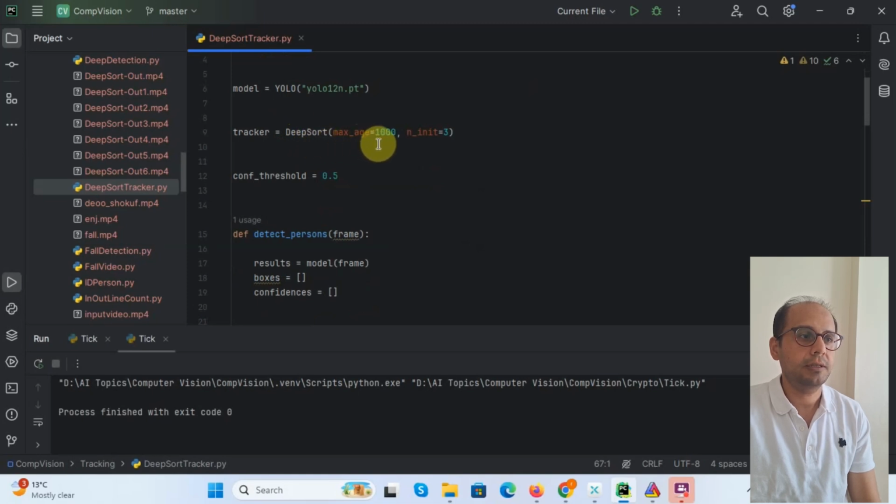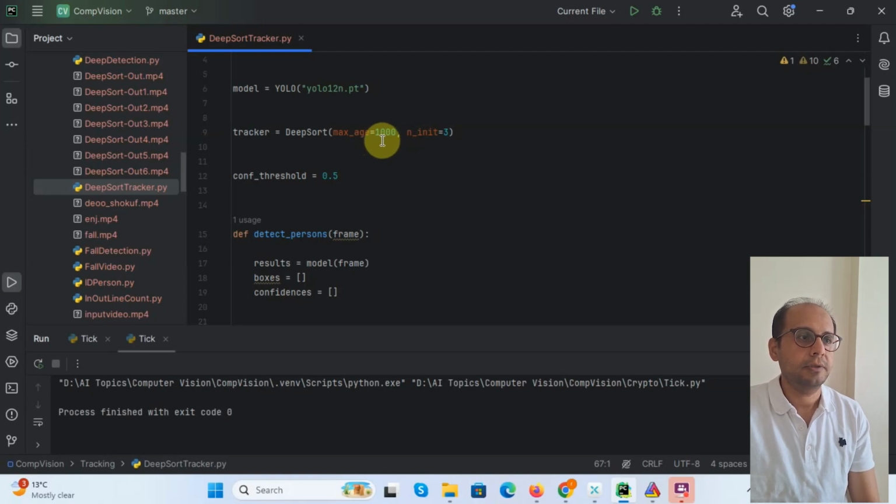We will ensure that it will restore the identification of the person in the video for 1000 consecutive frames, and if the object disappears for more than 1000 frames, it will remove the tracking, and if he arrives after 1000 frames, it will be a new person. So we put in 1000, which is around 30 seconds if the person doesn't appear, which is good,